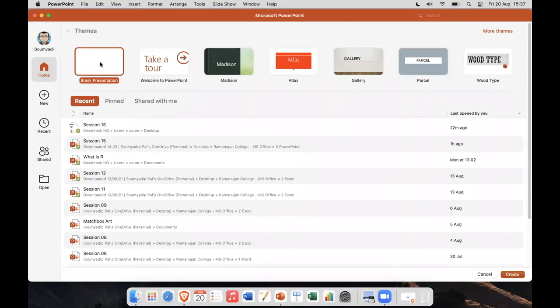Now, like I had mentioned for Word, the computer always thinks about what you are more likely to open. You are more likely to open a document that you have recently opened, so your recent documents would show up here. And I had mentioned that if you want one document to always be accessible, irrespective of whether you have opened it recently or not,